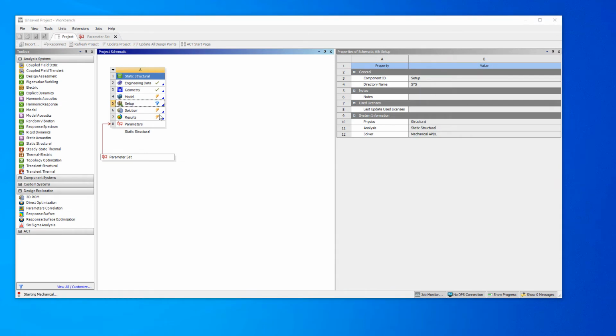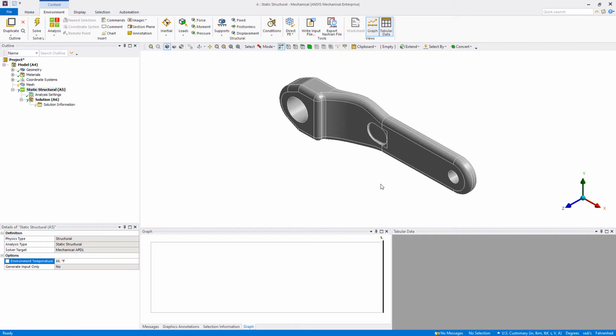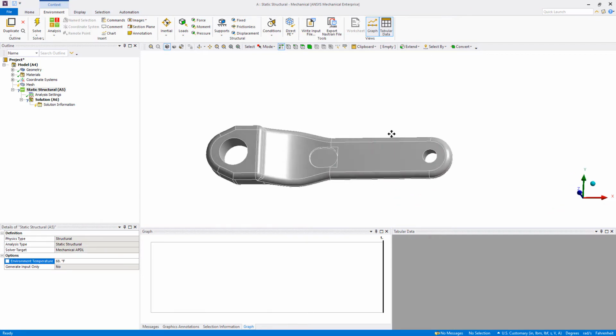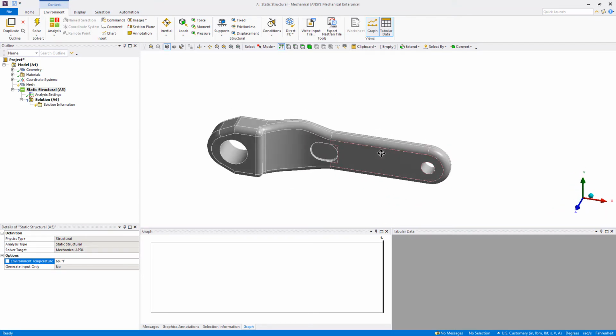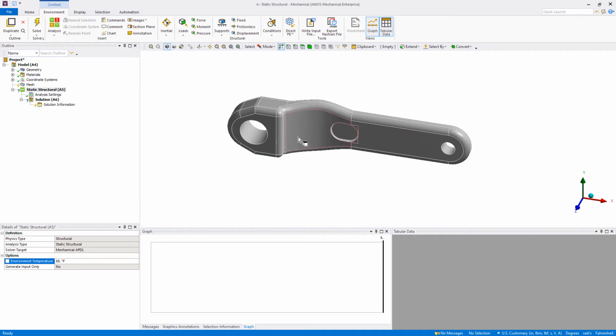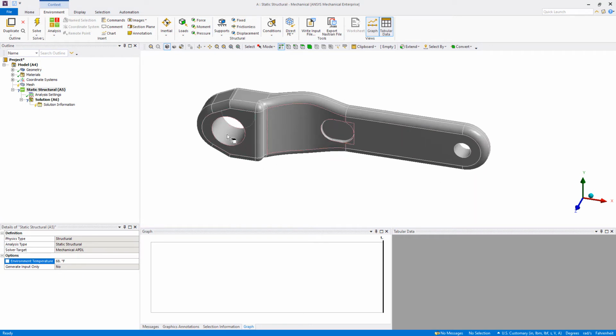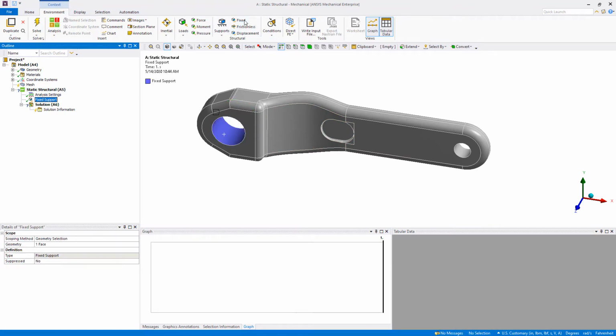We will then launch Mechanical by double-clicking on Setup. Now that our geometry is inside of Mechanical, we will add loads and boundary conditions and run an analysis. The first thing we want to do is add a fixed support here at the bottom bracket. So we'll select that face, click the fixed support button,